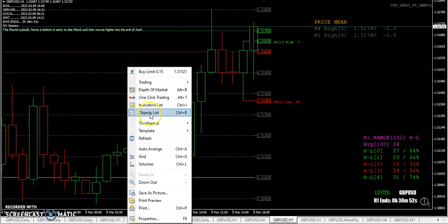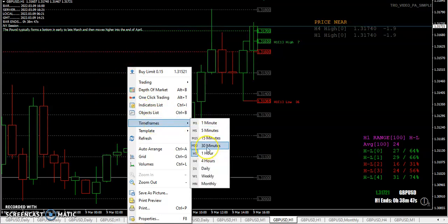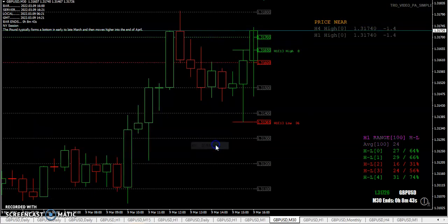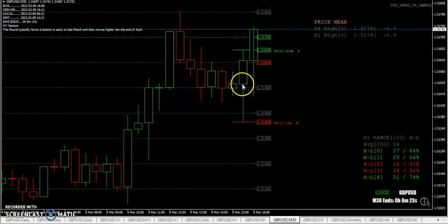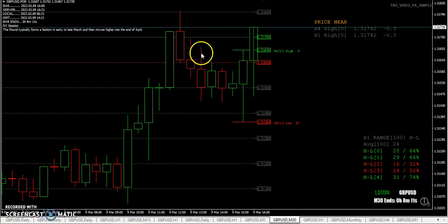So one other thing, as I mentioned earlier, I like to look at the 30-minute chart, the M30, because price usually likes to cover the M30 candle bodies. So you can see here, price covered the body, came down to the launch pad, turned right around and rocketed up. Here, price covered the body, went through the launch pad, turned around. Here, price covered the body several times in a row, and you can